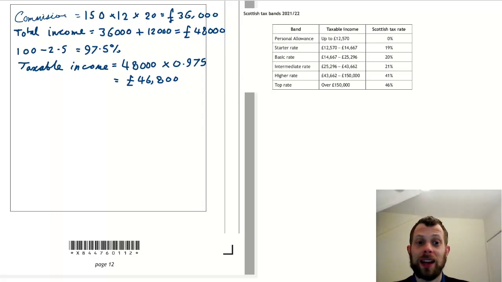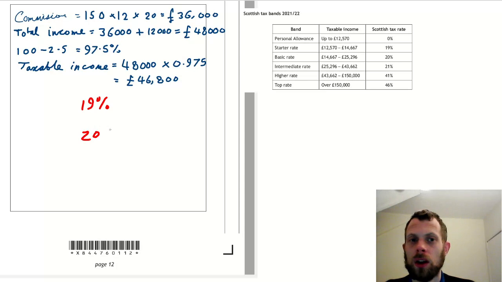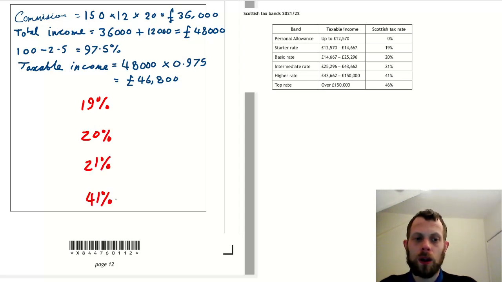So we use these tax bands which are given to us in the data booklet, and each part of our income is taxed at a different rate. So we need to work out how much is taxed at each band up to the higher rate of tax. There will be no tax paid on her personal allowance, but there will be tax paid at each of these bands. So I'm going to make up a table here: 19%, 20%, 21% and 41%. Now to find the tax which is paid at the starter rate, we will do 14,667 take away